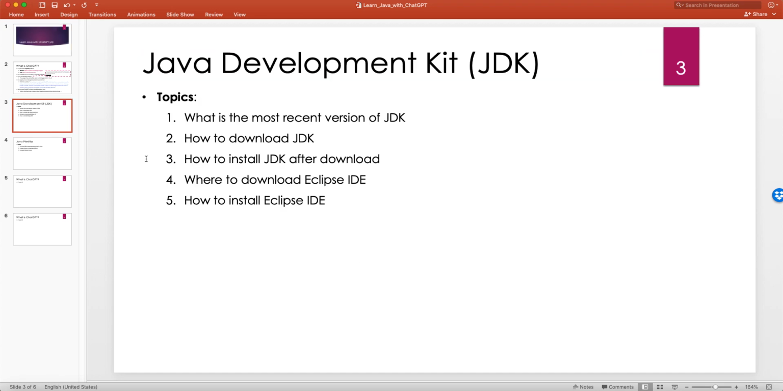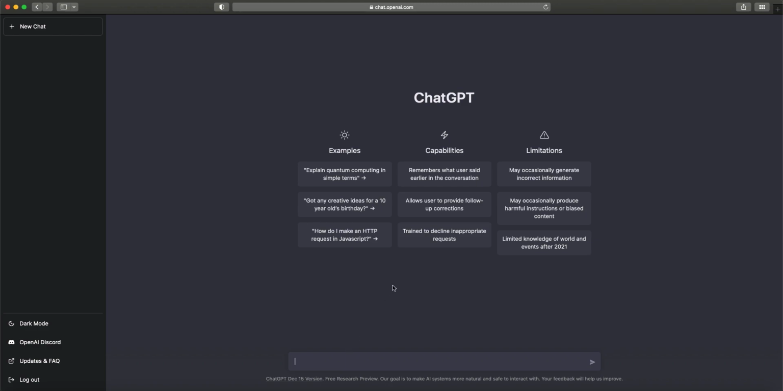We're going to continue our discussion on how to learn a programming language such as Java using ChatGPT by learning the skill of asking the right questions in order to get the right answers, right? And then we said that the very first thing that we need to do is to be able to download and set up the Java development environment, or JDK. So let's go to our ChatGPT session and ask